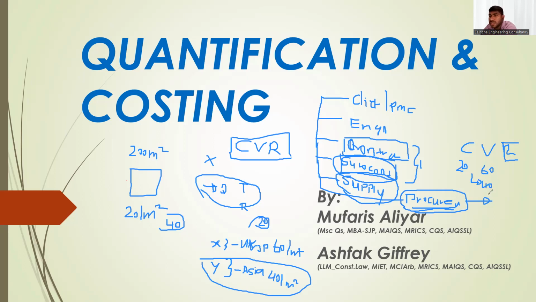Now first of all, the QS duty and the project manager duty is to control the cost: it should be 20, not 22. How will they control it? They have to go back to the program, the plan and the forecast. For example, two laborers in 5 hours, you plan for 5 square meters of block wall to build.